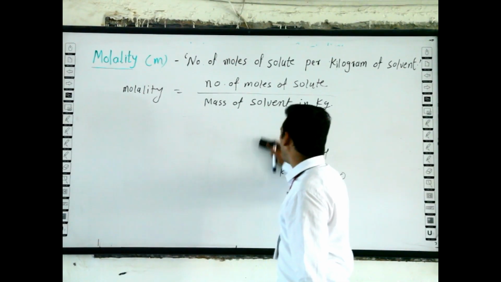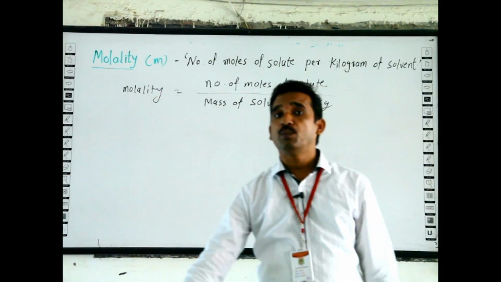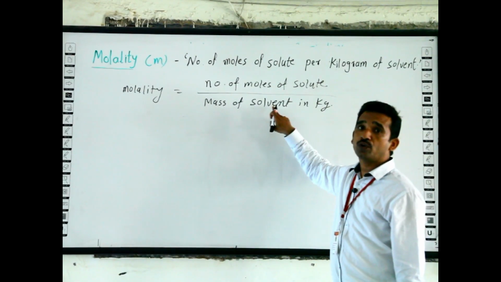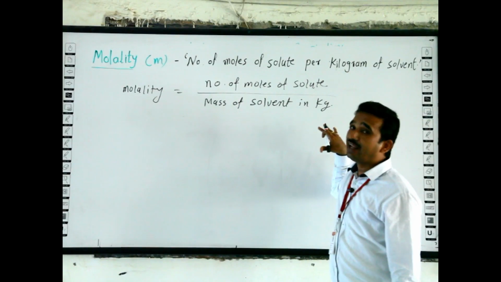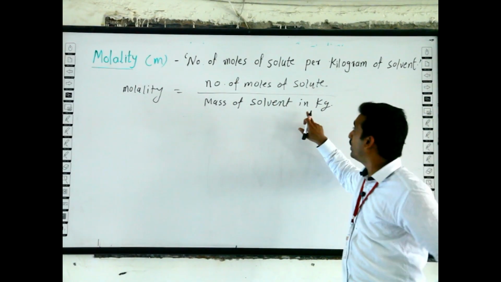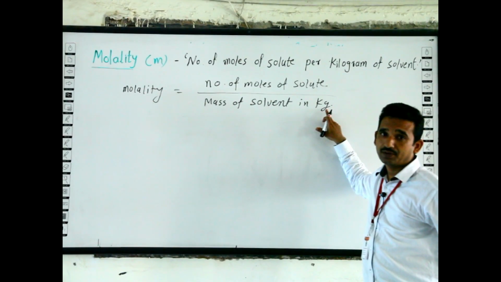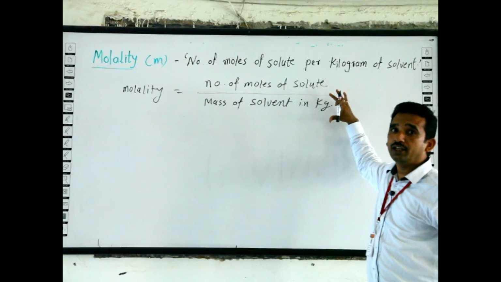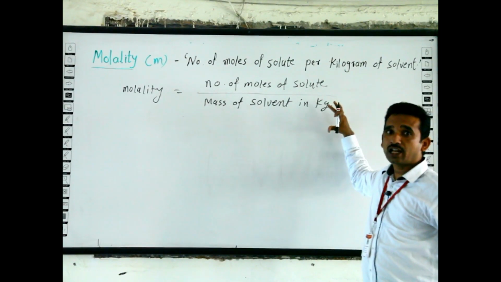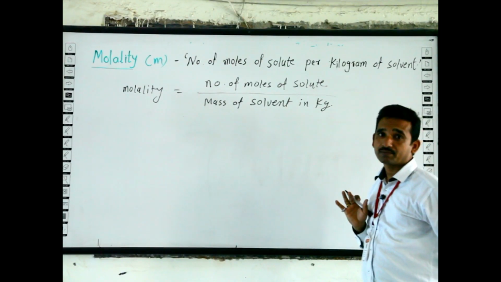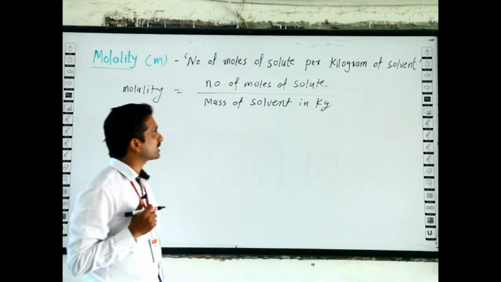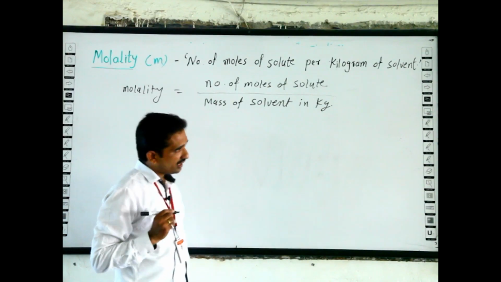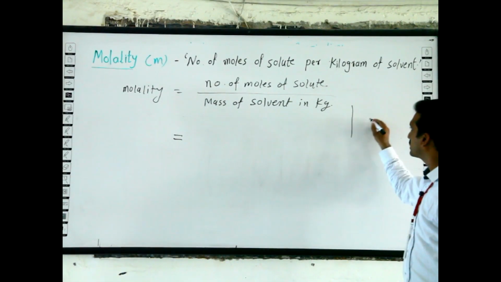When we compare molarity and molality, in molarity there is a volume of solution in liters, and here mass of solvent in kg. Both denominator and numerator are in kg or gram or related with mass. And molarity we will discuss later. Here the formula becomes,